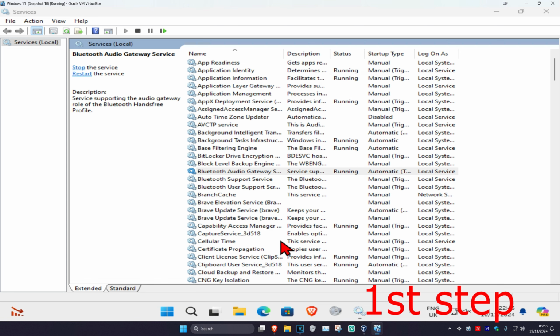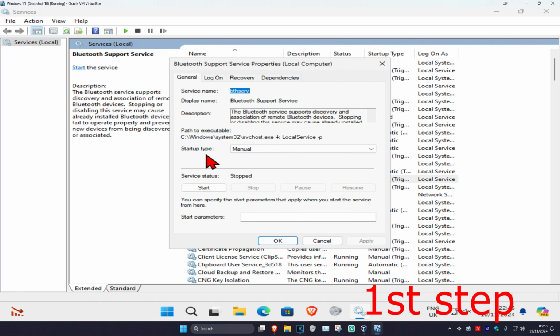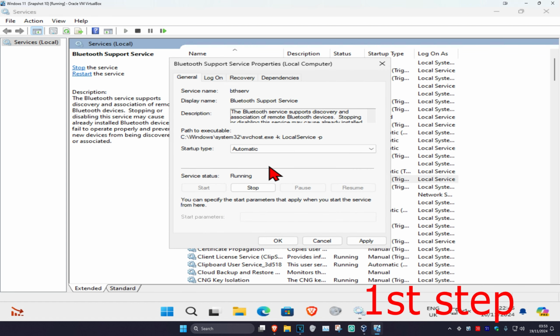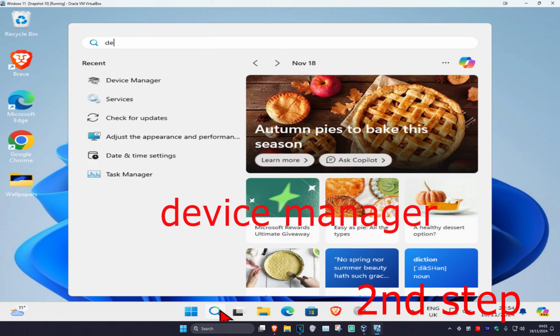then click on OK. And now for the one under it, Bluetooth Support Service, you want to double click on it, startup type, automatic, and then click on start, which will then make the service status running, and then click on OK. And now for the second step, you want to head over to search again and type in Device